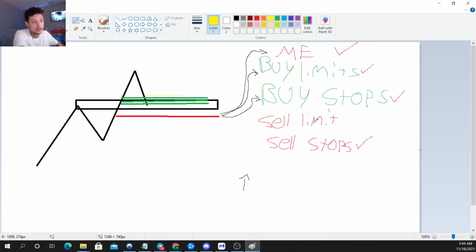Obviously, there's pros and cons to using buy stops. Like, you're not always going to get the best entry. You may not always be avoiding a liquidity grab or a stop loss hunt because they don't happen very often. And personally, I just don't use buy stops or sell stops. And we're going to make the sell stops in blue, right? So let's just say there's sell stops here. And we're going to put the stop loss for the sell stop in purple,